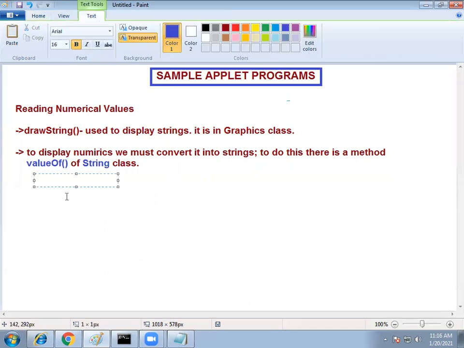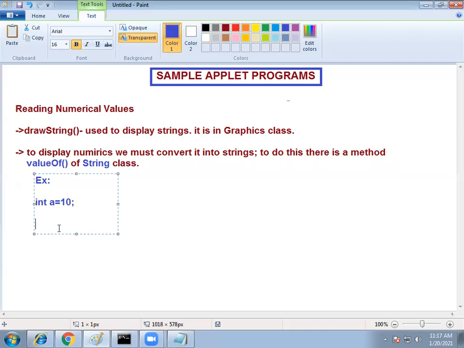Now for example, there is an integer a equal to 10. Now I want to display this integer value on the applet. Which method do you have to use? drawString. But drawString is only for displaying string values, but it is an integer.